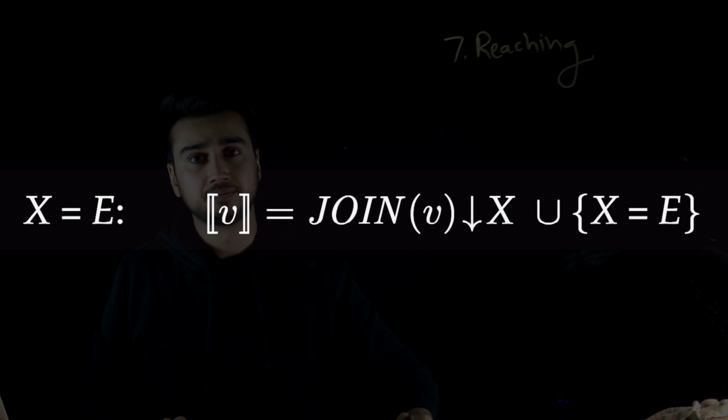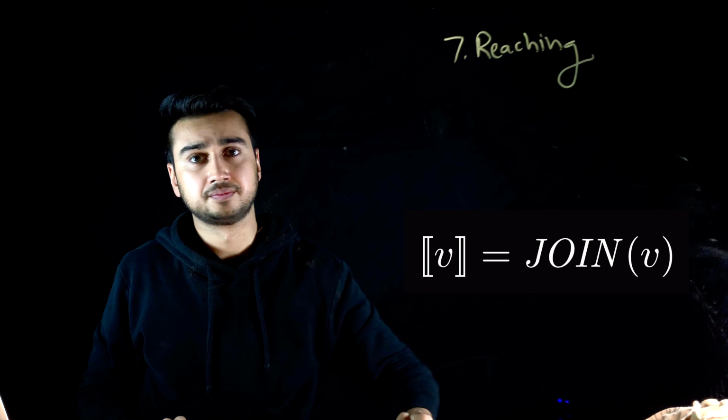Intuitively, this constraint is just saying that after a particular assignment, you know that the variables in the program could have been assigned at any of their previous assignments except for x, which was definitely assigned at this point with the expression x = e. For all nodes besides assignments, we have the constraint rule v = join of v, and that's just saying that if we have a statement that's not an assignment, the variables still got their values at